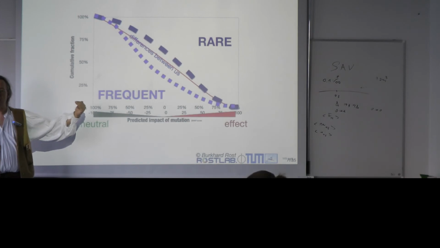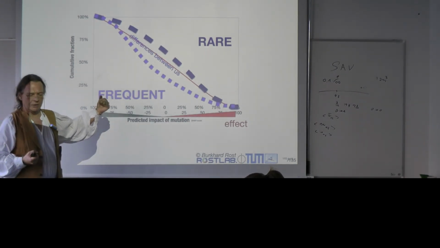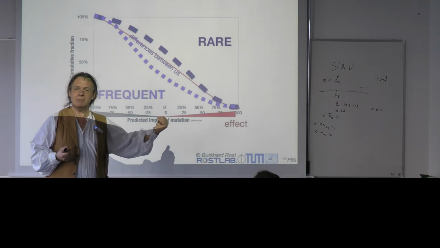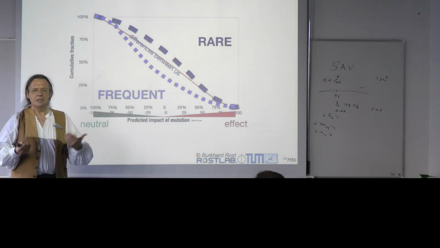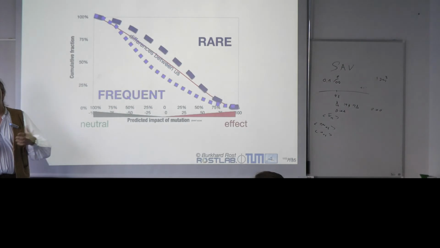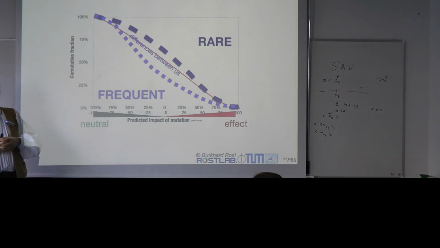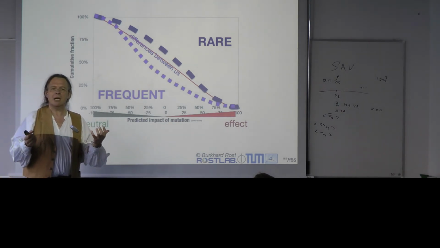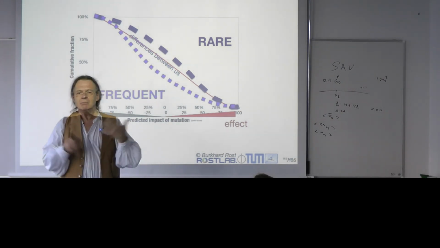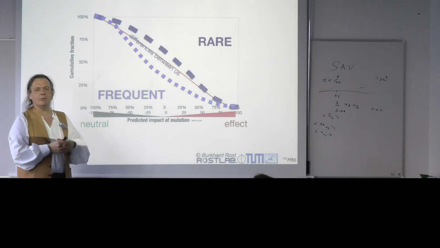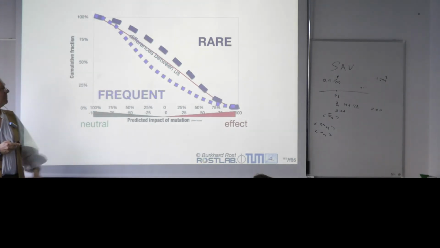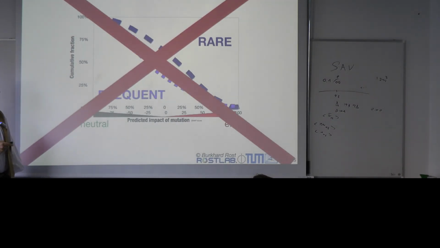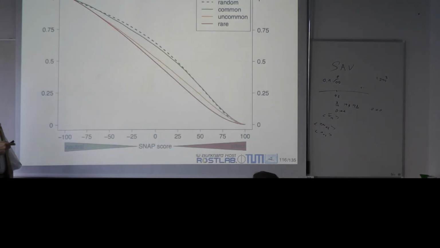Okay, so the over-next slide is going to be on 60,000 people, 10 million SNVs. So this includes a lot of subpopulations, a lot of populations. It's a relatively large data set, all right? So what we expect again is that rare ones are random mistakes, so to speak. Some, but they don't survive, and the frequent ones have more of an effect. Everybody would expect that. And again, I'm showing you because of course that is nonsense. The real result is the other way around. The common in green is above the rare in red. Forget about the orange, it's just in between.